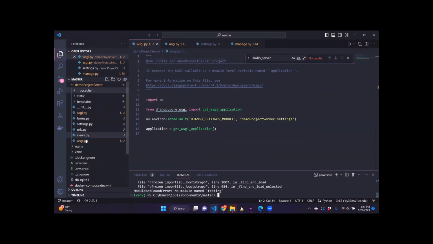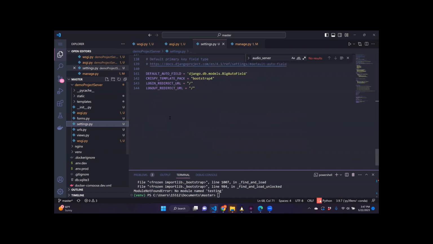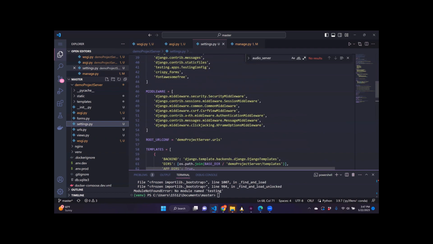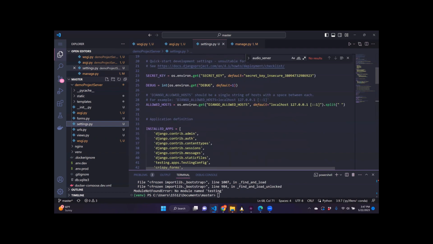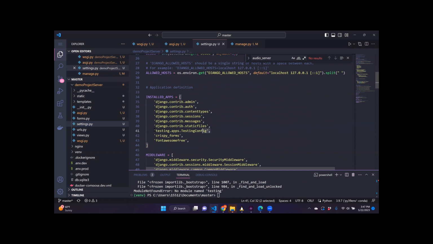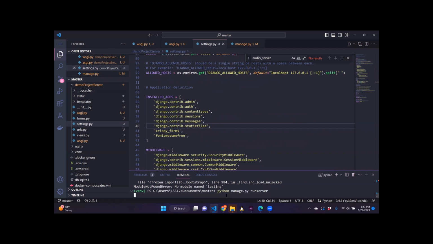So we figured out where this other error was. We need to go into settings, and under installed apps, we needed to get rid of this testing.apps because we just deleted that folder. So now if we try to run the server again